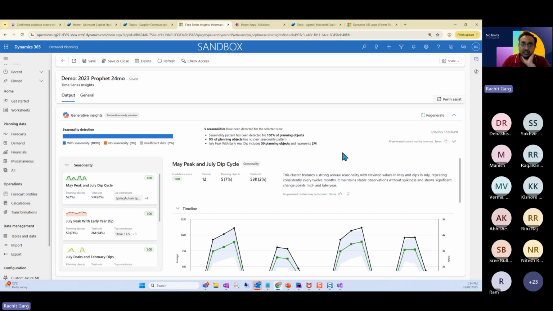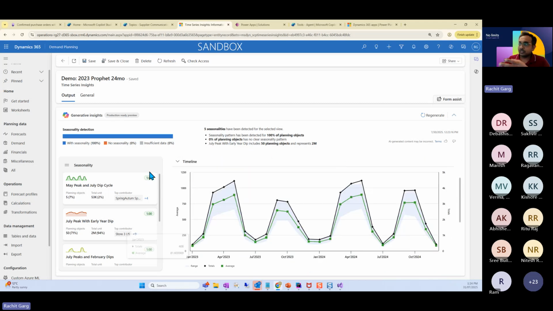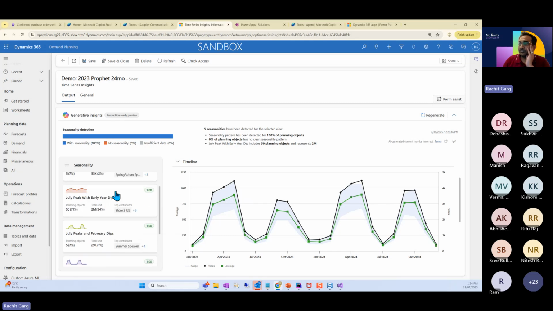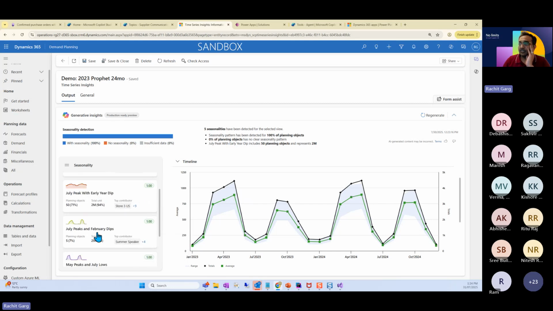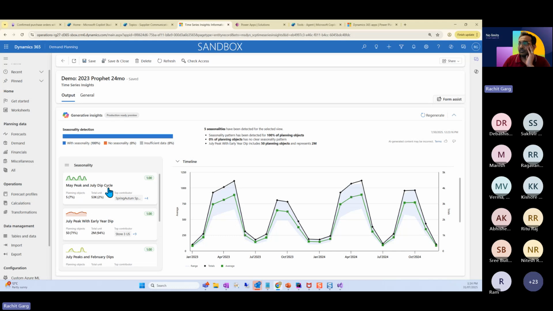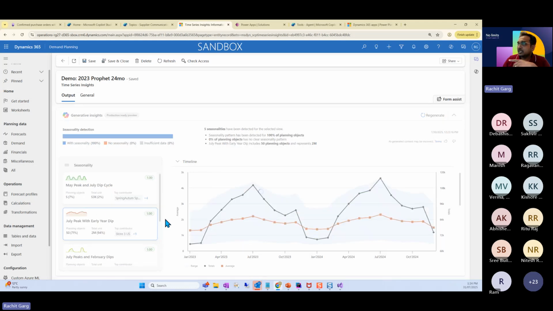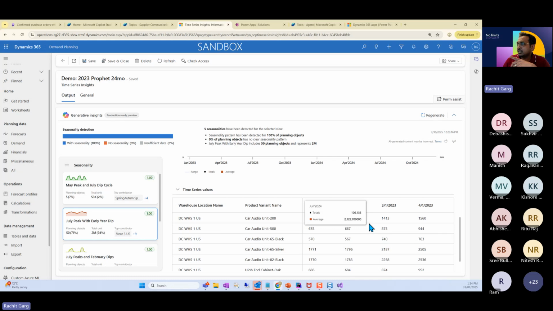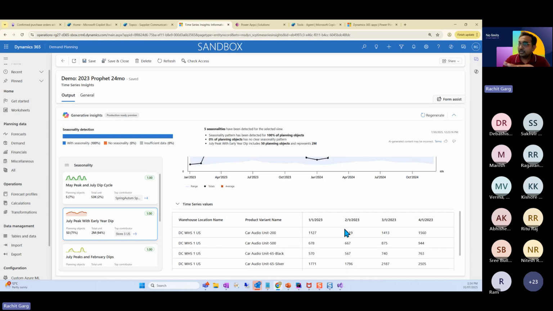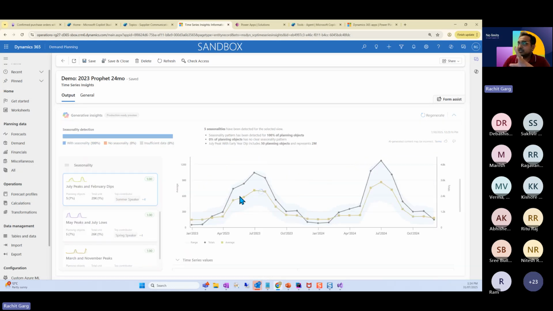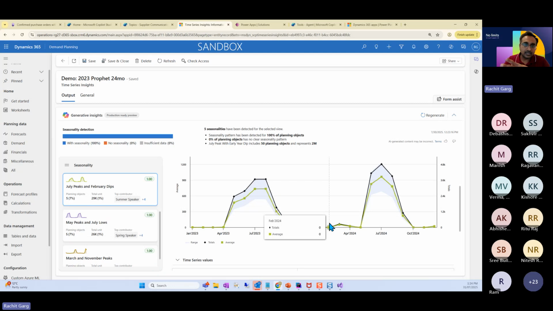And this is all generative AI here, which is showing you how 5 different seasonalities have been detected and what the seasonality pattern is. From a business perspective, it's a great insight because you can see all the different seasonalities across different periods. And if you want to go deep into a particular seasonality, you can actually click on it and you can see the demands and how things have moved. So it's pretty detailed, and all this is generated via AI.